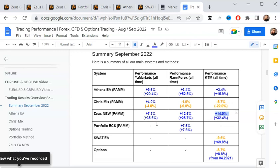All right. Portfolio, yes. ECS, sorry. We restarted that one. We had an account that was down about 40%. We removed that one. It was going nowhere. Making a fresh start with a new approach. So Chris Mix and portfolio are more or less